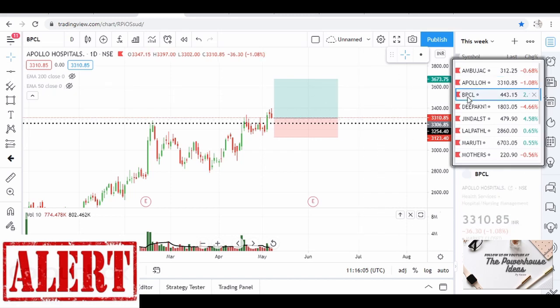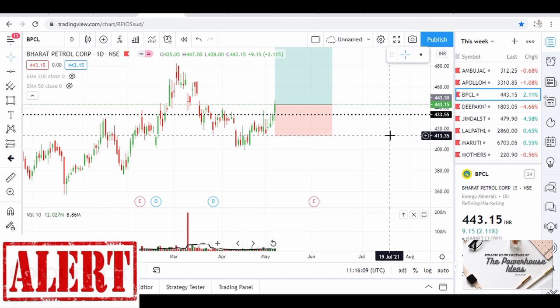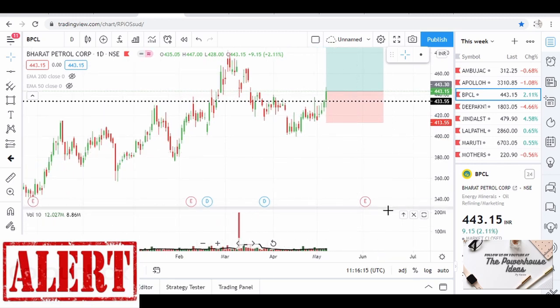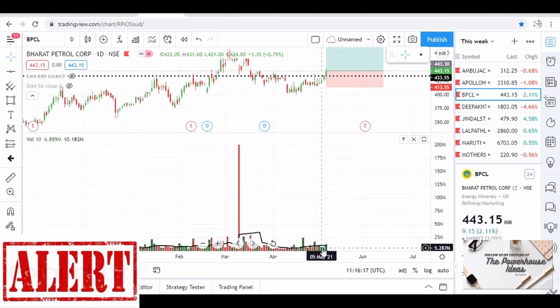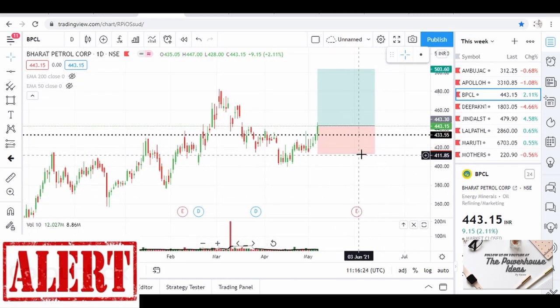So the next stock for today is BPCL. BPCL is from the refining energy mineral sector. This stock has recently given a breakout with a good volume over here. You can see over here that it has given volume more than its 10 days average. So seeing the volume and the breakout, you can take a trade over here, keeping the stop loss again